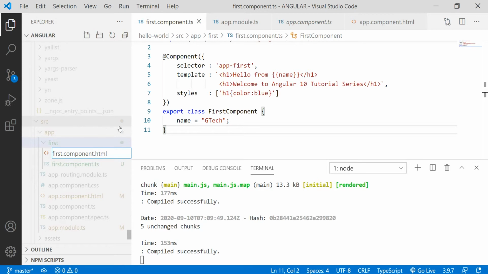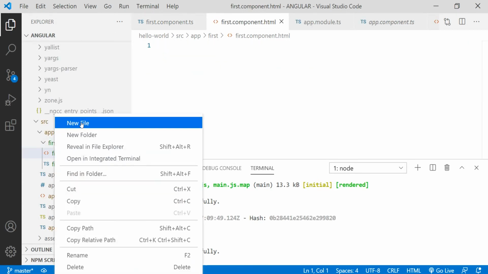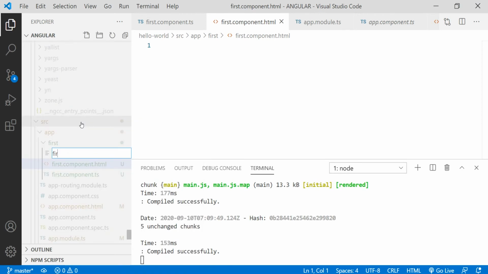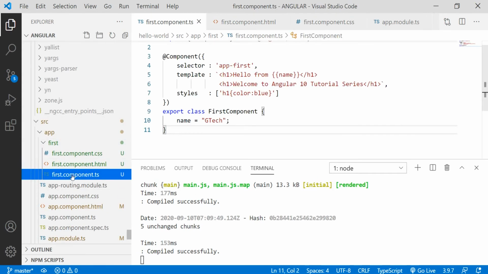The first file is first.component.html and the other one for CSS, first.component.css. Okay, let me copy the section under this template inside first.component.html.